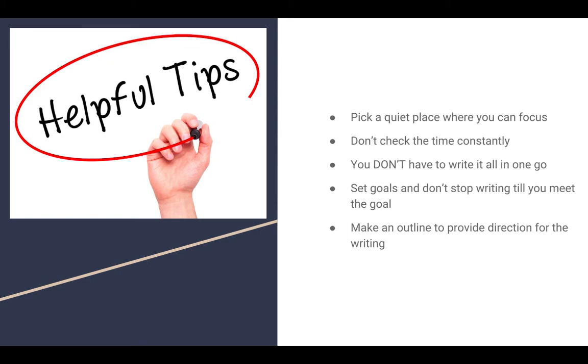And another thing is, try to make an outline before you start writing. The table is a great place to start for the ideas, but generally this outline I mean is the structure of the essay: what you're going to put in the introduction, which idea is going to follow next, what's going to follow after, how your conclusion is going to look, and how many paragraphs you're going to have. An outline like that helps to provide a direction for you. And after you have the outline, you can refer to it as you write each paragraph.